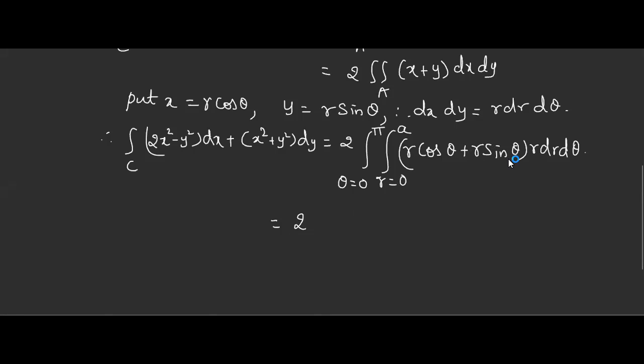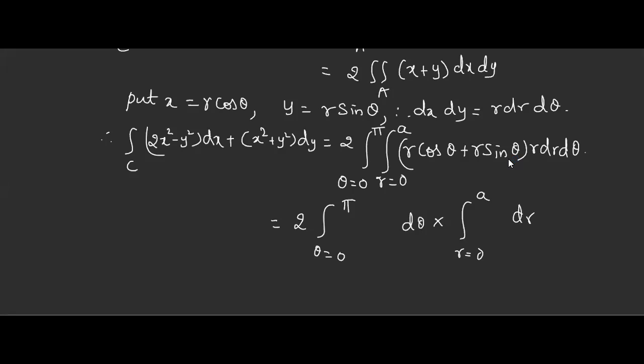So I'm going to write like this. Suppose if I write theta, then I have to write the theta terms here, into, I'm going to separate it as r varying from 0 to a. So this can be done in two cases. Two conditions should be satisfied. What is that? You should have constant limits for both. And if it is possible to separate r and theta terms, then only you can apply this concept. Otherwise, no.